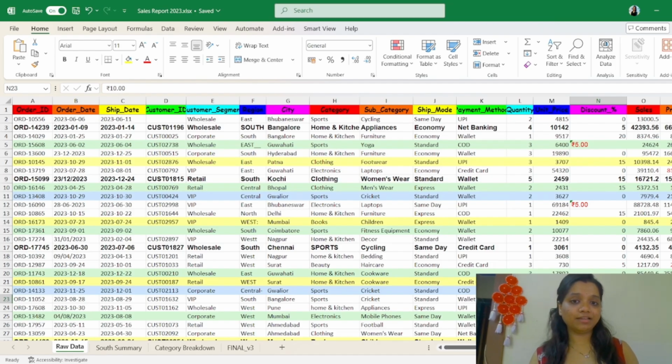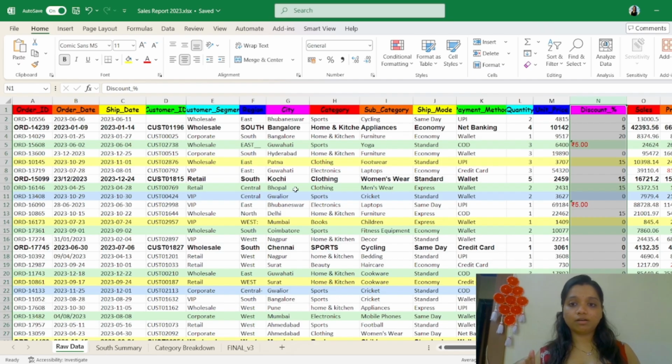If we directly import this file into Power BI, there are multiple ways in which the data might get lost, or the worst case is the dashboard seems fine, but the numbers that it's showing are misleading. So the first case is all these typos. Power BI is going to identify every single one of these typos as a different region. So the data is going to split for each of these typos.